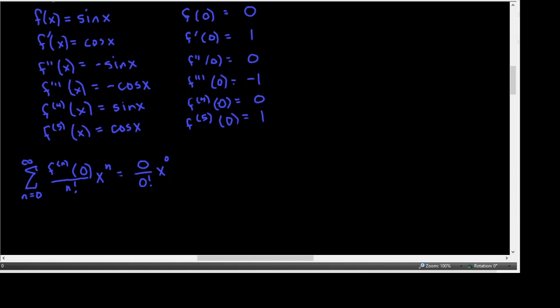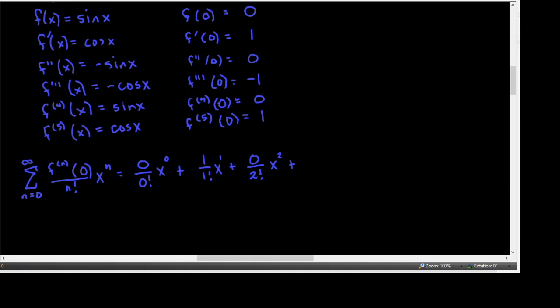Okay, plus f prime of 0, which is 1 over 1 factorial times x to the first, plus now put in 2. That'll be the second derivative at 0, which is 0, over 2 factorial, times x squared,